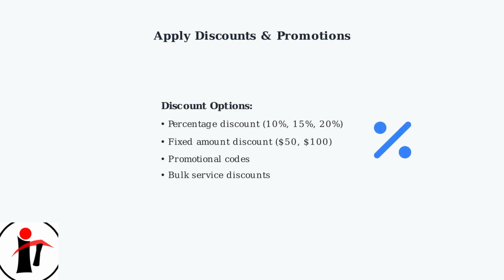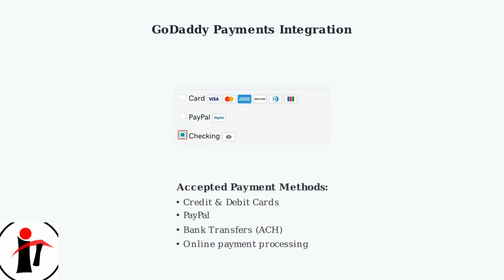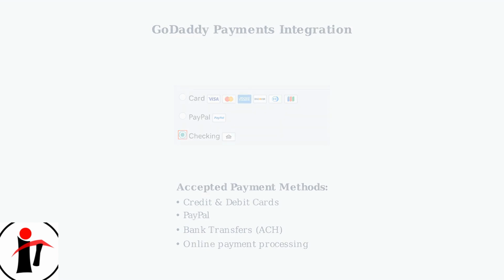The wizard guides you through importing client data from existing records and adding products or services from your catalog. Apply discounts or promotions as needed to customize your invoices for different clients and situations. Enable online payments through GoDaddy Payments to accept credit cards, PayPal, and bank transfers, making it easy for clients to